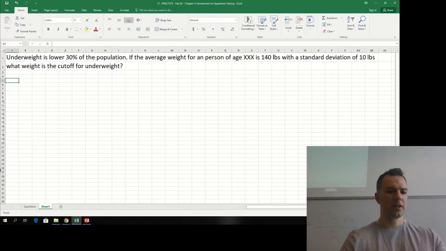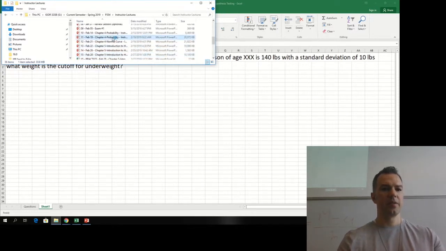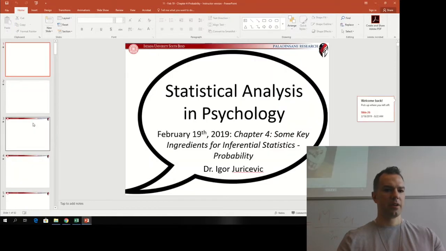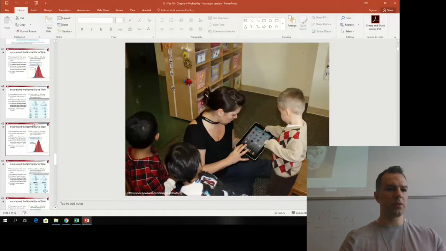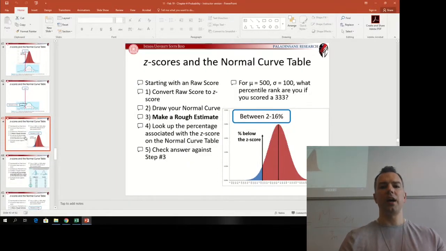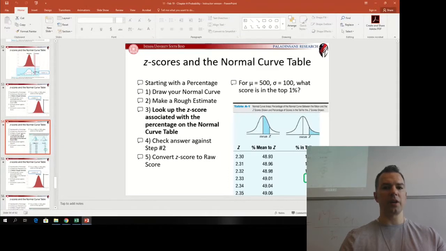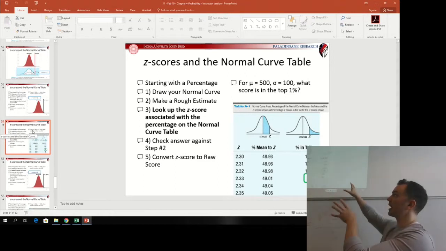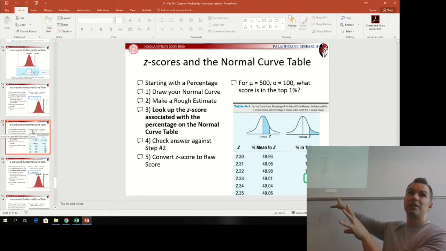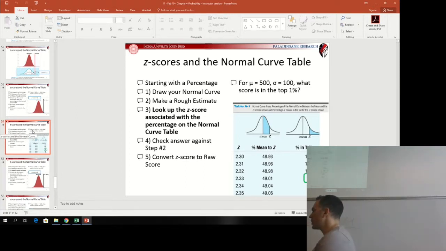There is a series of slides that has this information spelled out. This is the one starting from a raw score. This is the one where you're starting with a percentage. Those are your 5 steps. So when you're doing your exam, again, great resource. Just have these slides somewhere ready. Maybe make your own PowerPoint file where you just copy and paste these so that you have those ready as well. So just for consistency, I'll follow this